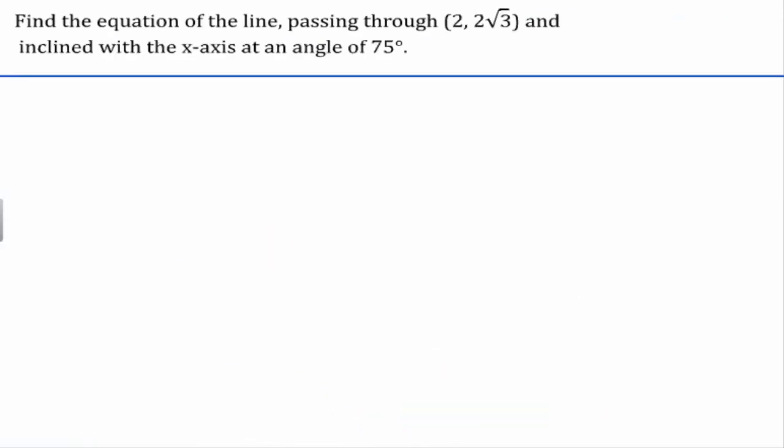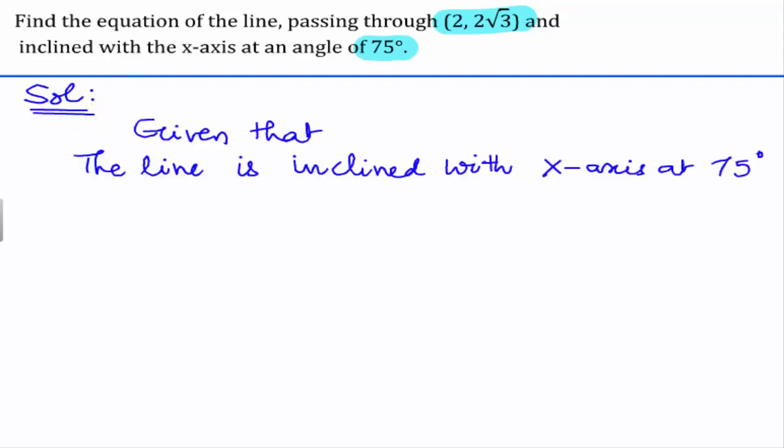In this question, we need to find out the equation of a line which is passing through the point 2, 2 root 3 and inclined with the x-axis at an angle of 75 degrees. Let us see the solution for this. Now the line is inclined with the x-axis at an angle of 75 degrees. Therefore, slope of the line